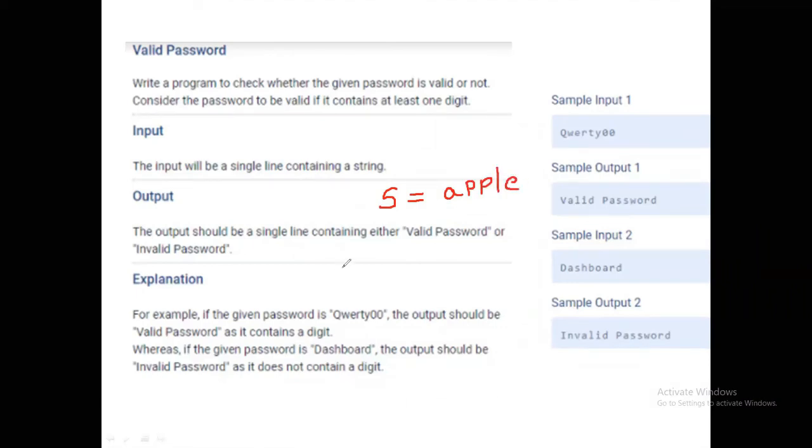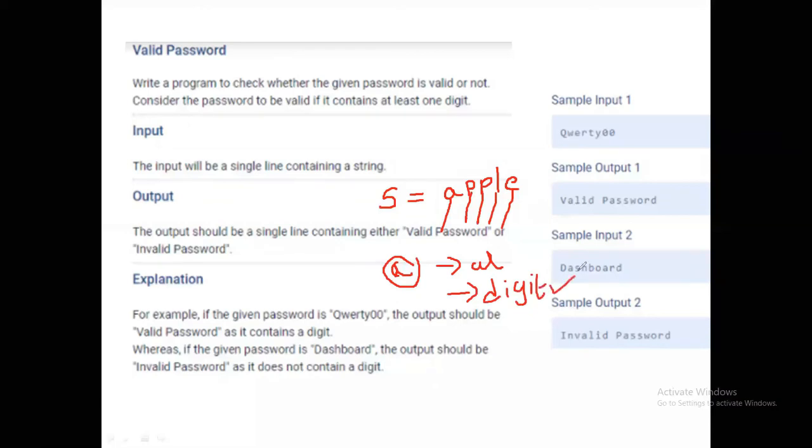How do I solve this? I read each character from the string. I read the character A and check whether it is an alphabet or a digit.